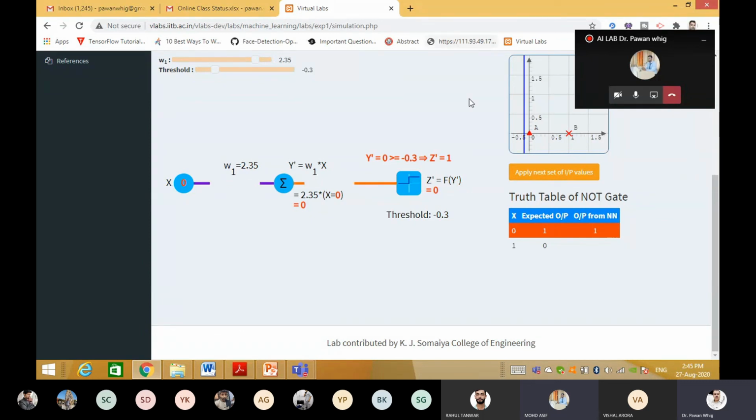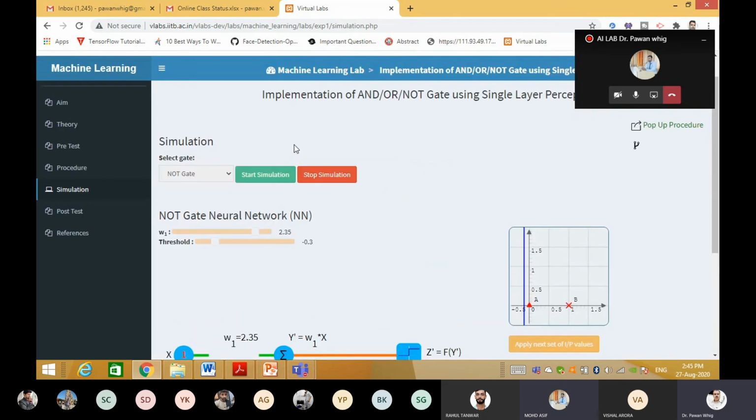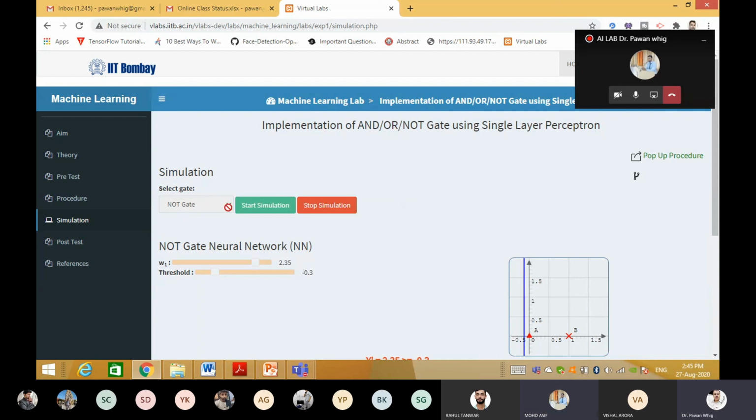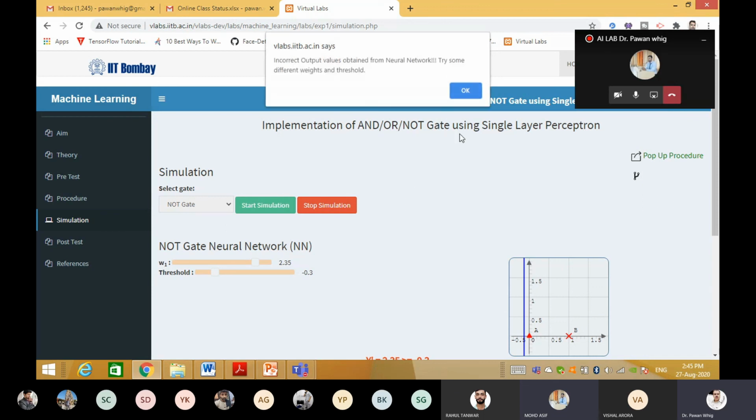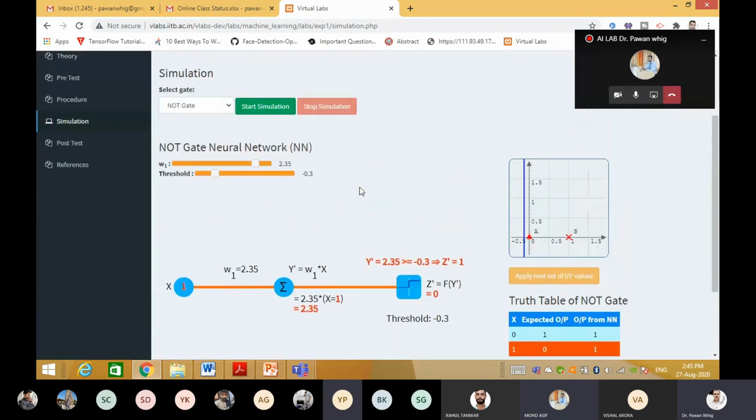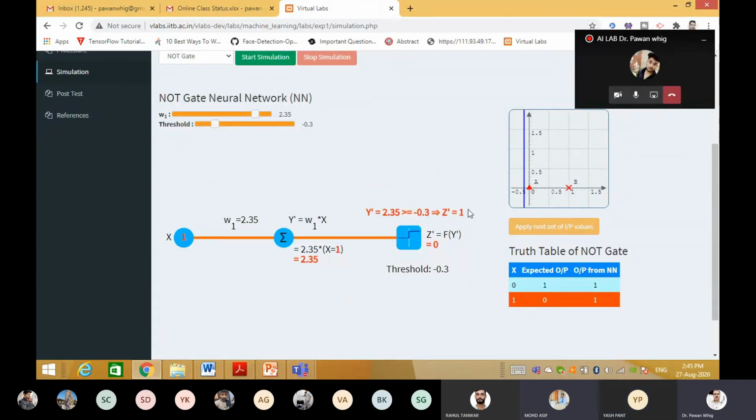Done, our result, right? So in the same way you have to think. Okay. Right? So this is not an easy task. You have to perform each and every gate, NOT gate, NOR gate, and this is the first practical, and you have to make it in your lab file also, right? Now, in the lab file these did not get properly segregated. Segregated here means, actually this is a classification algorithm, but what I told you is that you have to set the weights in such a way that they give your gate's simulation accurately, okay? So basically, sir, we can check from the truth table whether our output is correct or not,